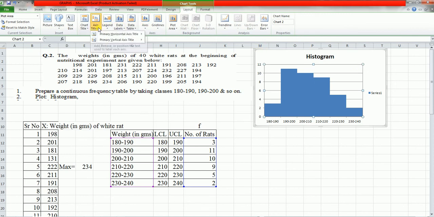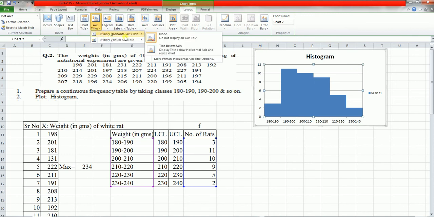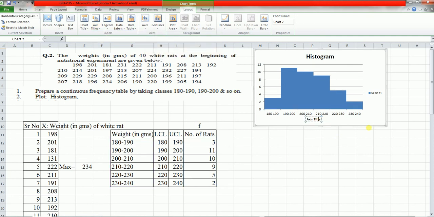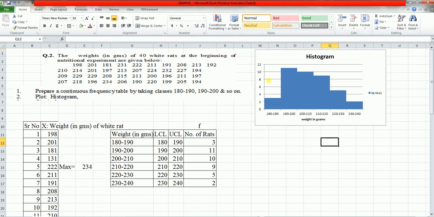So axis title, horizontal axis, below axis we write chart title, weight in grams,